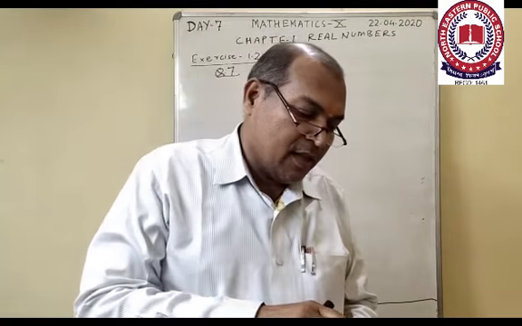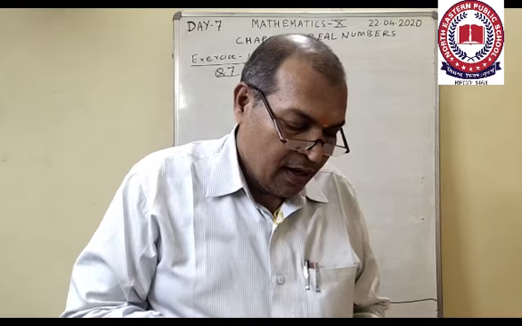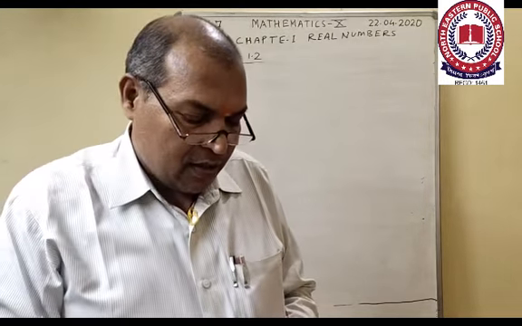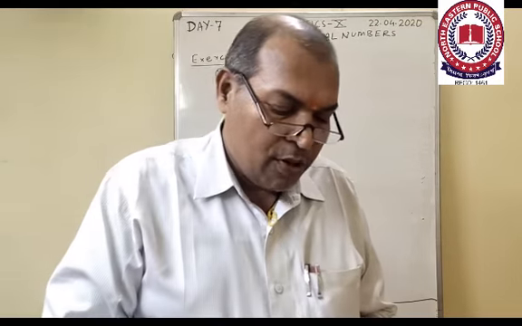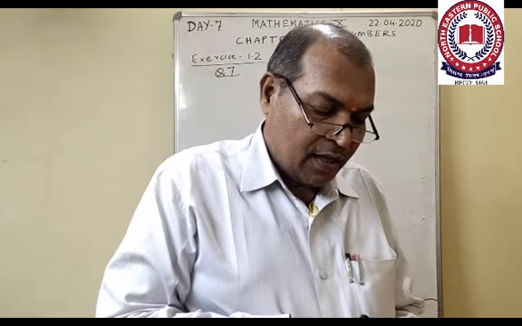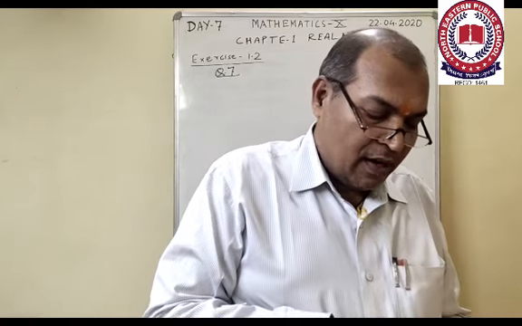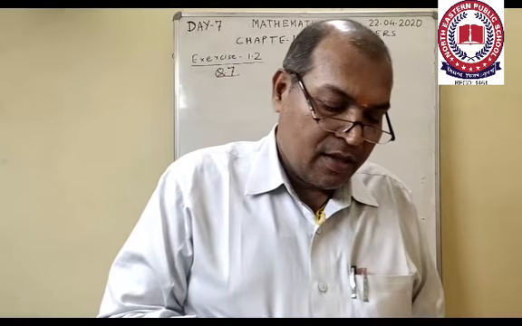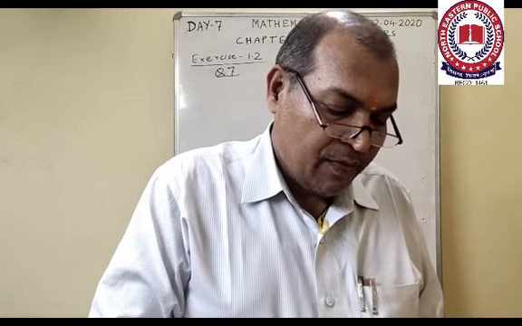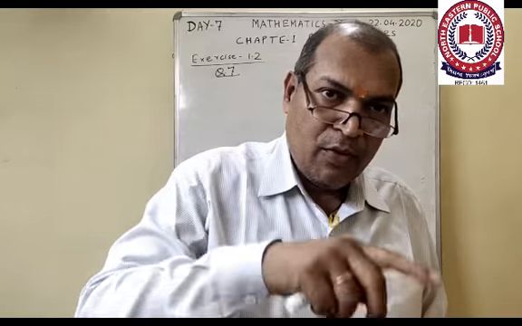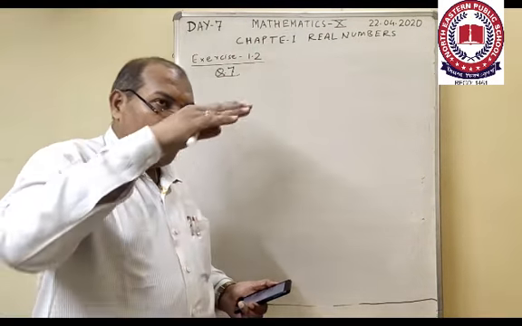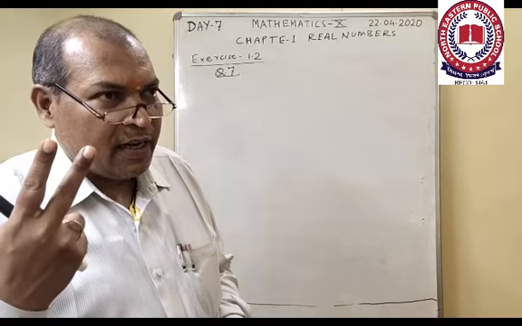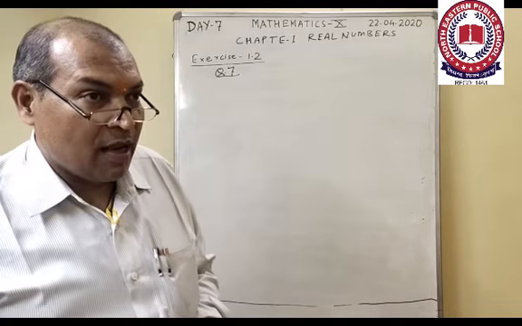Yeah, students, come on, this is exercise 1.2, question number 7. You can see in your textbook, the question is: there is a circular path around a sports field. Sonia takes 18 minutes to drive 1 round of the field, while Ravi takes 12 minutes for the same. Suppose they start at the same time, both starting to run around the circular track at the same time, though one is taking 18 minutes and another is taking 12 minutes.